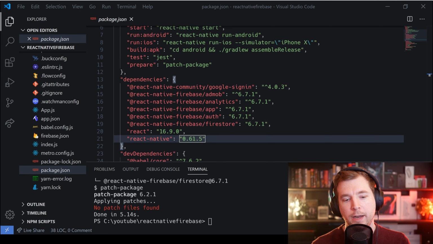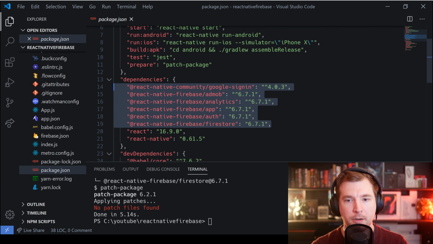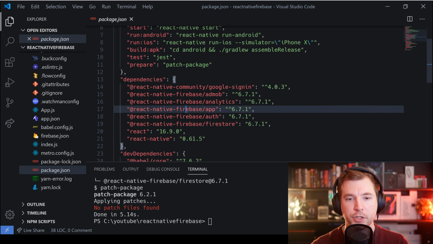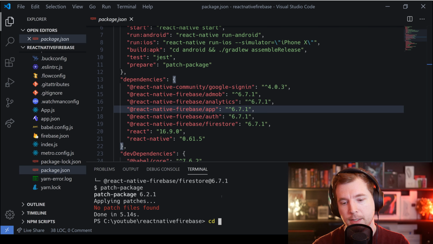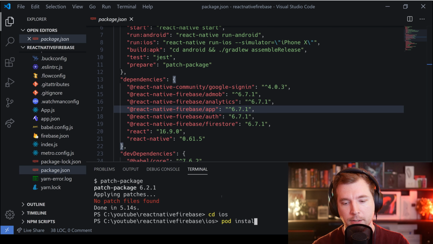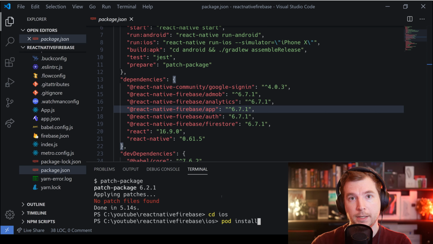Also be aware that whenever you're doing any stuff on React Native Firebase, it's always good to make sure that all your versions are in sync, so that when you're going through new versions of Firebase, you're keeping them all up to date at the same level. If you're running iOS, you're going to also need to install the pods for this. So what you're going to have to do is cd into iOS and run pod install. This will install all the dependencies required for iOS, but in our case, we're simply using Android, so we can